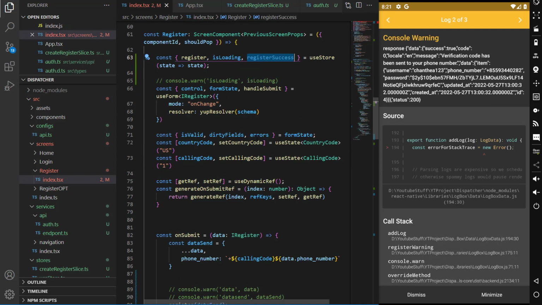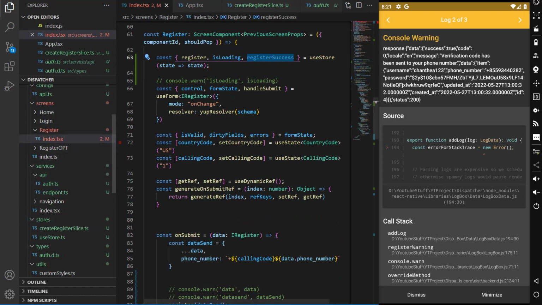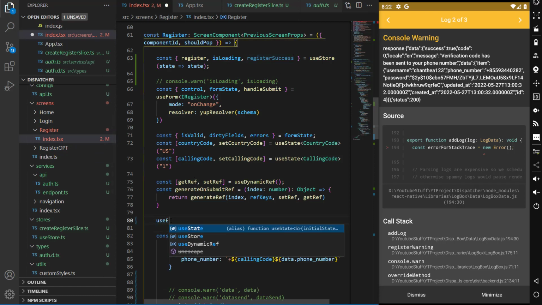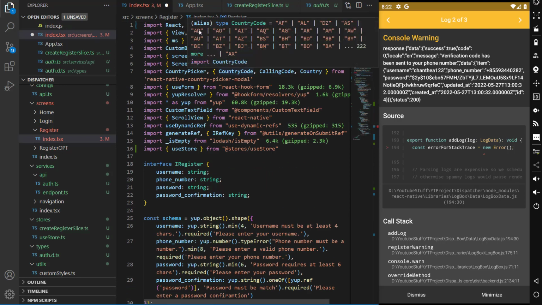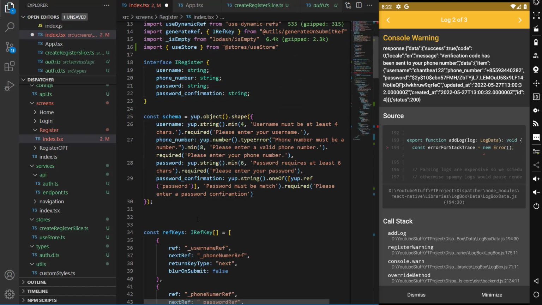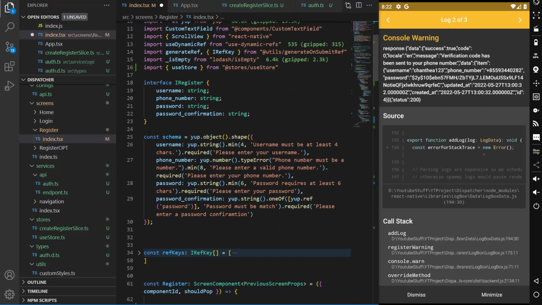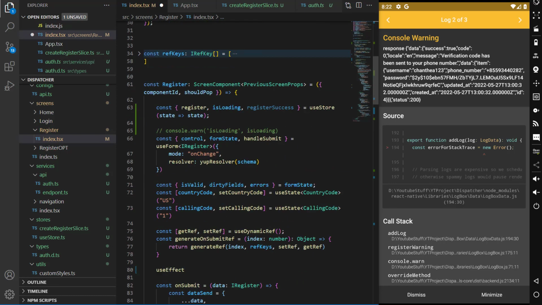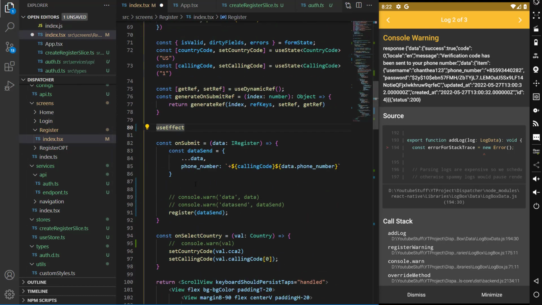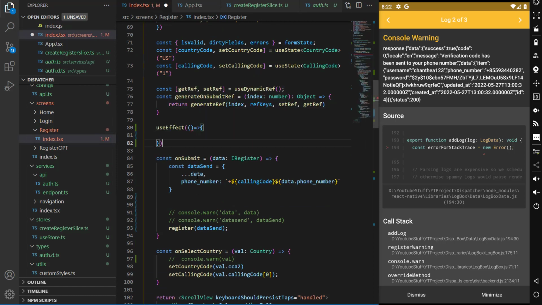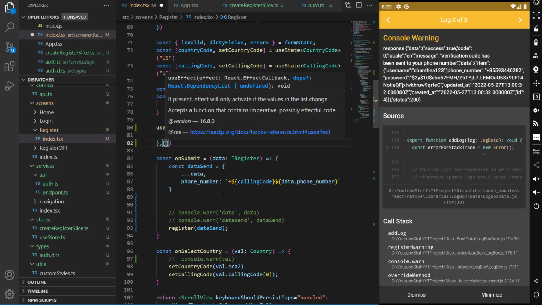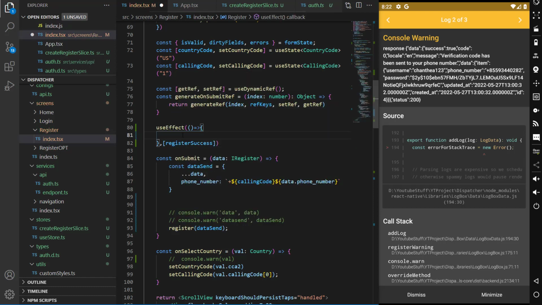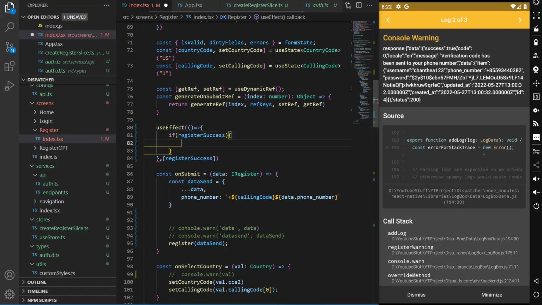Okay, I'm gonna use effect to check if this is true. I'm gonna redirect this page to our register OTP here. Use effect. Oops. So useEffect. Alright. This one should be, I'm gonna take the registerSuccess dependency. So this one, is it true? We're gonna redirect to